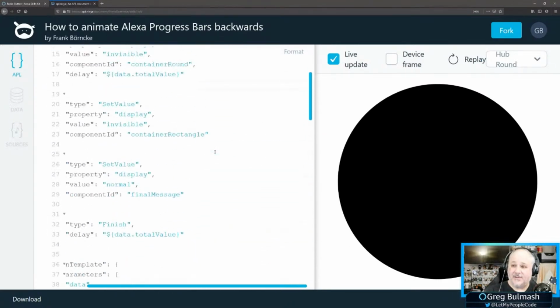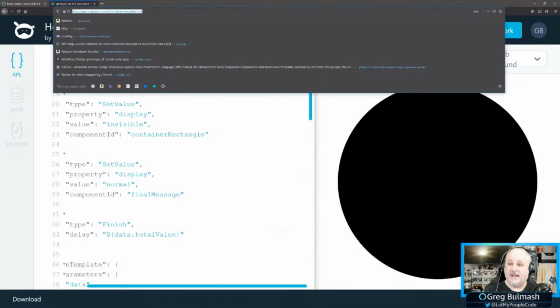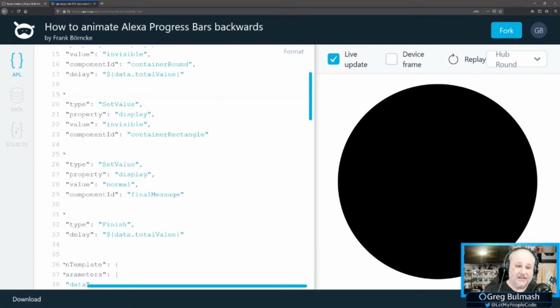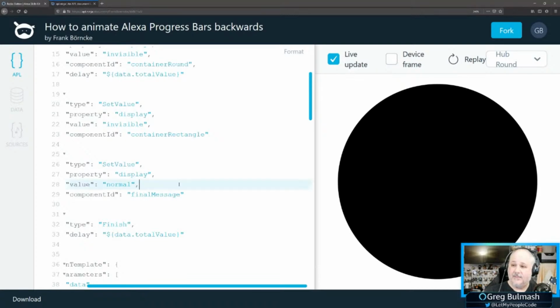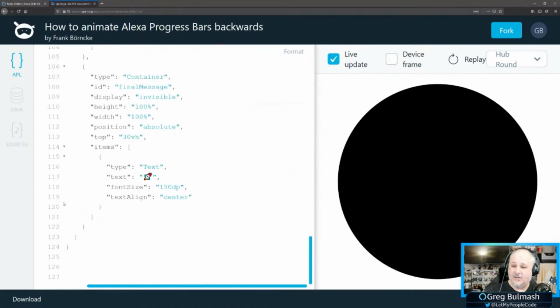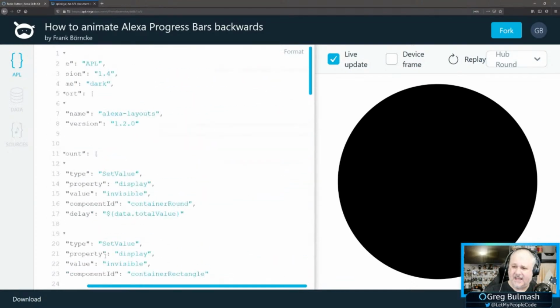So this is a very interesting demo that you can look at. And the great thing about APL.Ninja, like CodePen, like JS Fiddle, is that all this code is available to look at. I'm going to put the code for Frank's demo in there. I encourage you to copy it, bookmark it. Look at how Frank has done this. It's not some amazingly complex demo. This is, boom, what? 127 lines of code, including a good amount of white space and nice formatting.